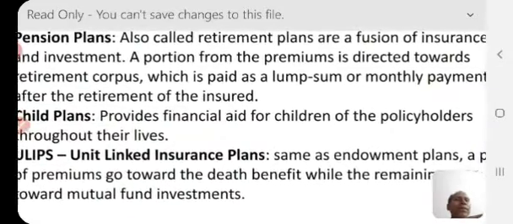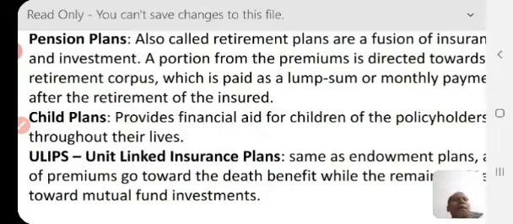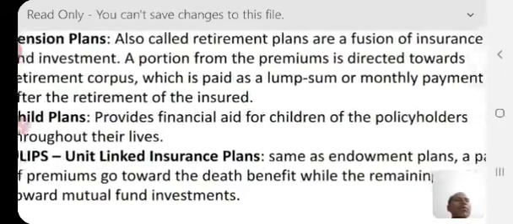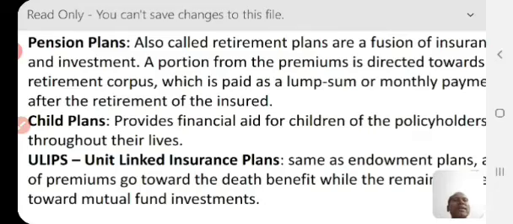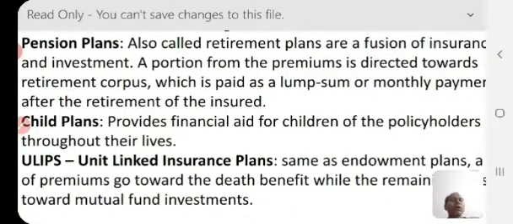A portion from the premiums is directed towards the retirement corpus, which is paid as lump sum or monthly payment after the retirement of the insured. So the premiums collected on the pension plans will be directed to the retirement corpus, and at the time of retirement,